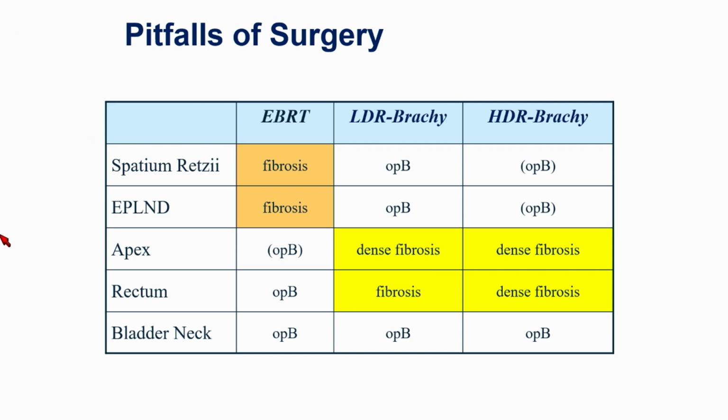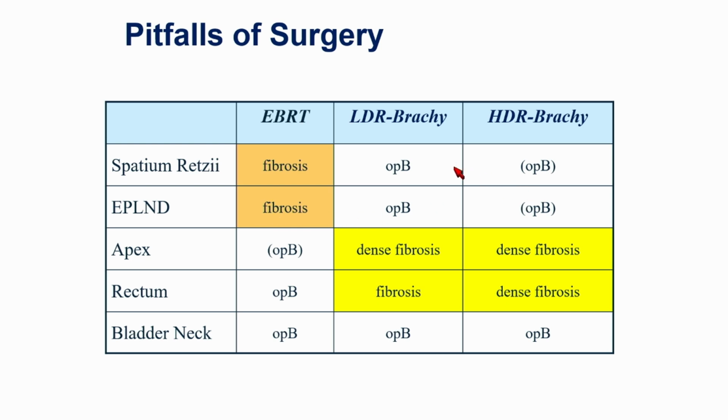So use a PSMA PET scan in locally recurrent prostate cancer to make your decision if this is a patient for radical salvage prostatectomy. And just looking at the cases we have done, I've separated the cases and the difficulties of the surgery depending on the type of radiation therapy which was performed. If the patient only underwent external beam radiation therapy, you will expect fibrosis in the retropubic space, and you will expect fibrosis in the area of your pelvic lymph node dissection.